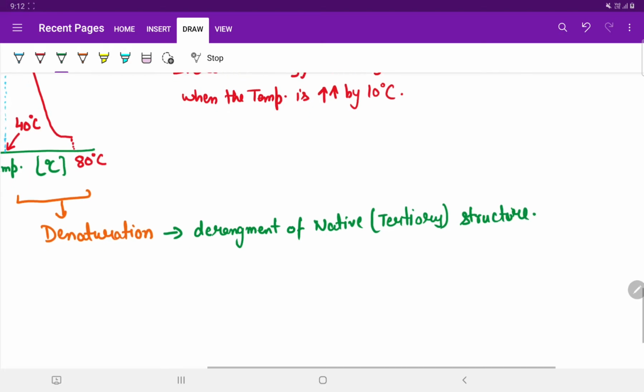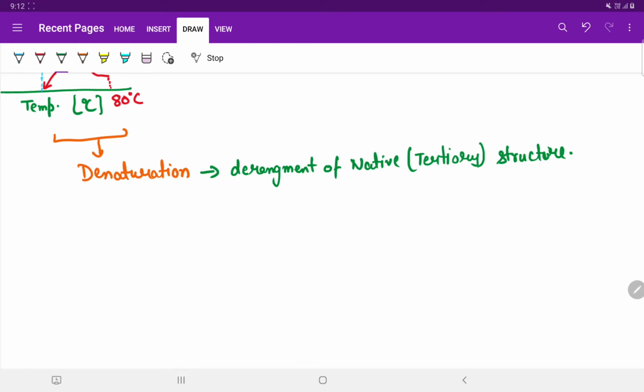So, above 50 degrees there is a complete destruction of these proteins, mainly the active site. The worst affected area is the active site on the enzymes. The majority of enzymes become inactive at higher temperatures above 70 degrees Celsius. So, we can say the enzyme is inactive above 70 degrees Celsius. It completely loses its capability to catalyze any particular reaction.